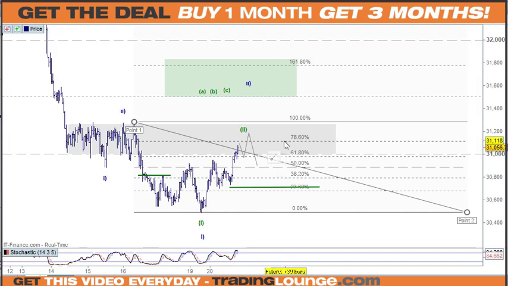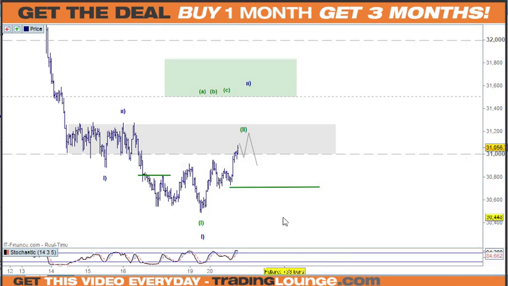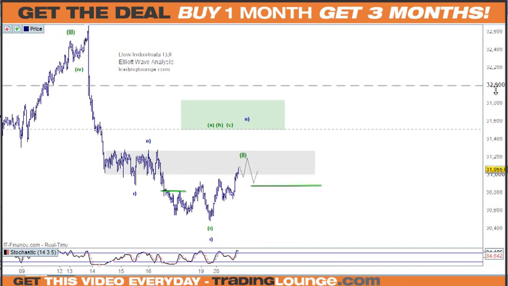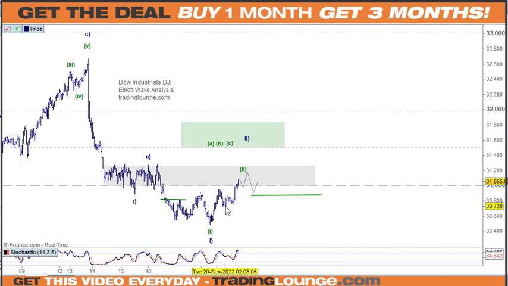So the 78.6 might be better, but see, all of this block here, that is the resistance there. So let's just play it out from that point. And once again, you want that first low below the level here to be able to bring this to the upside at that point. That's where we are. So it's either that or it's a wave 1 here and 2 here and then a third wave here.